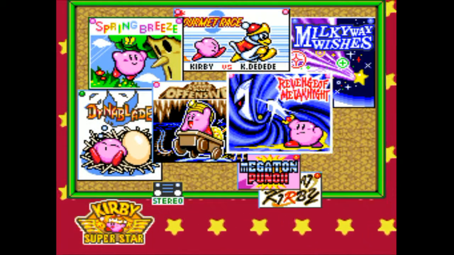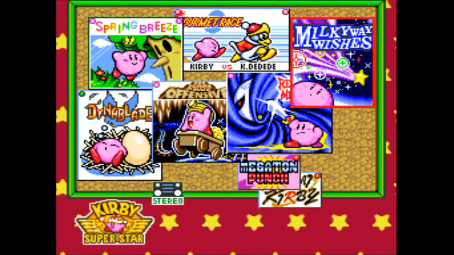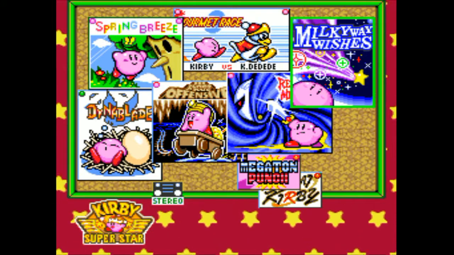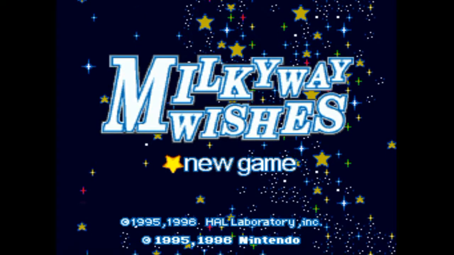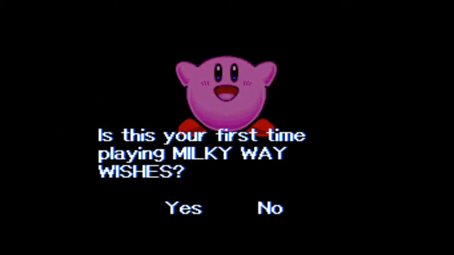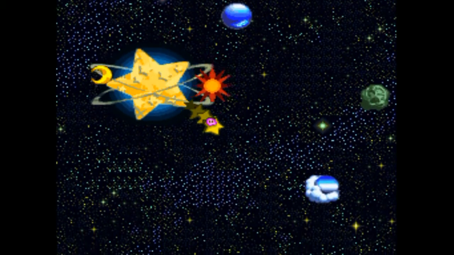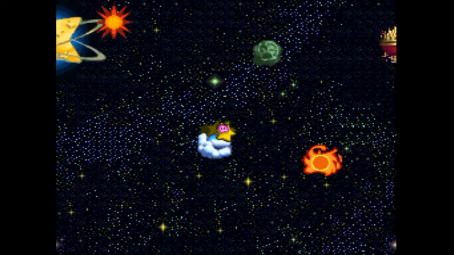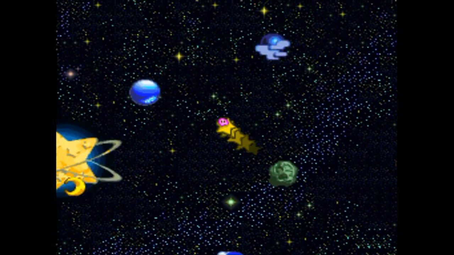You can see there we've got 5 out of the 6 main quests done. So we're going to do Milky Way Wishes next. This is the least linear of the game, or of the different options here. We can go to any of these planets